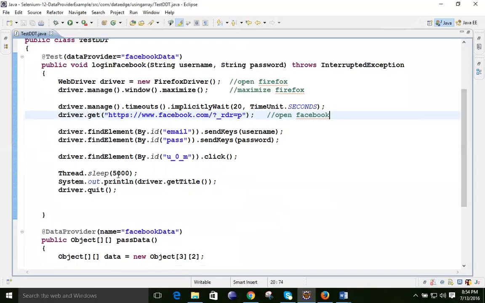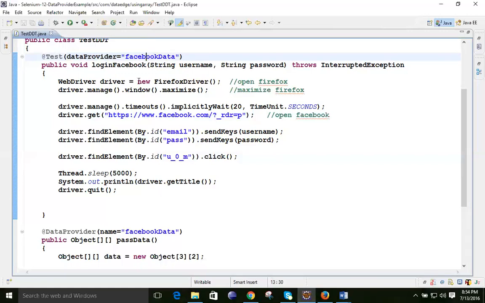So here I was telling that the DataProvider annotation will have one name, and whatever name you give, the same name you should give over here as a parameter. Both names should be the same, then only it will take the data.